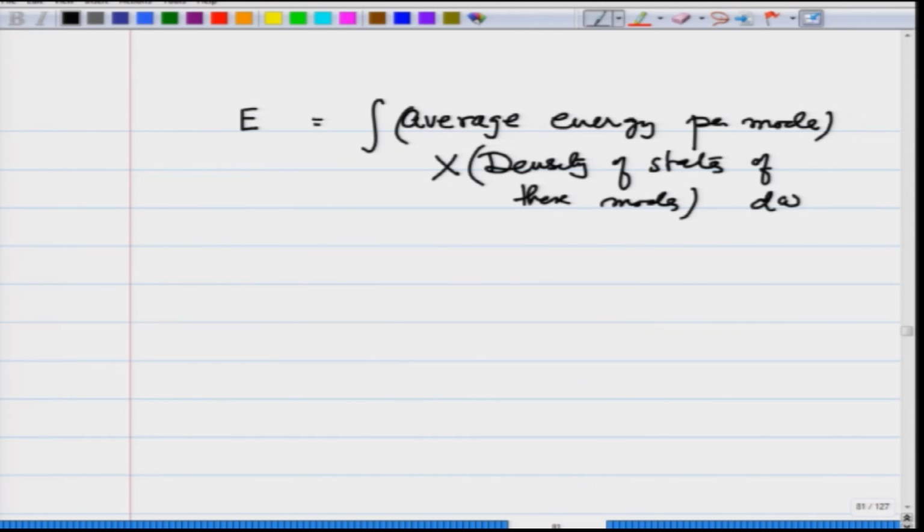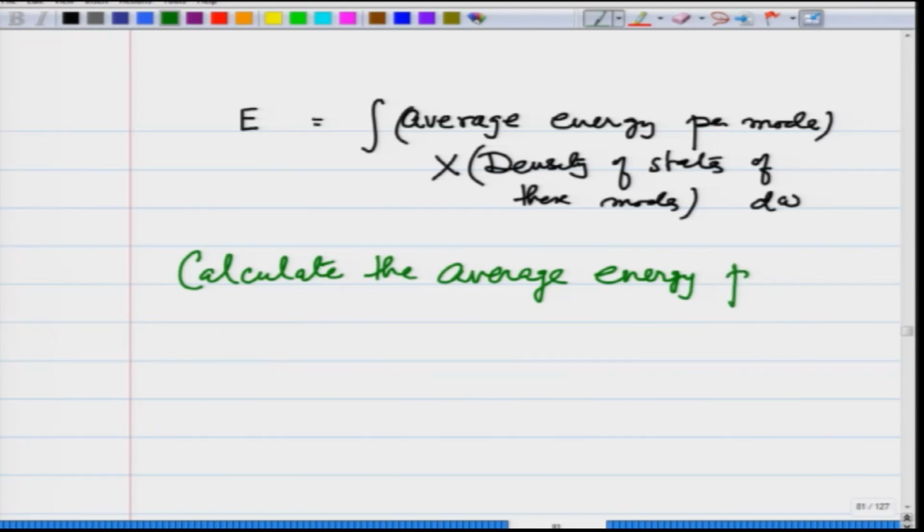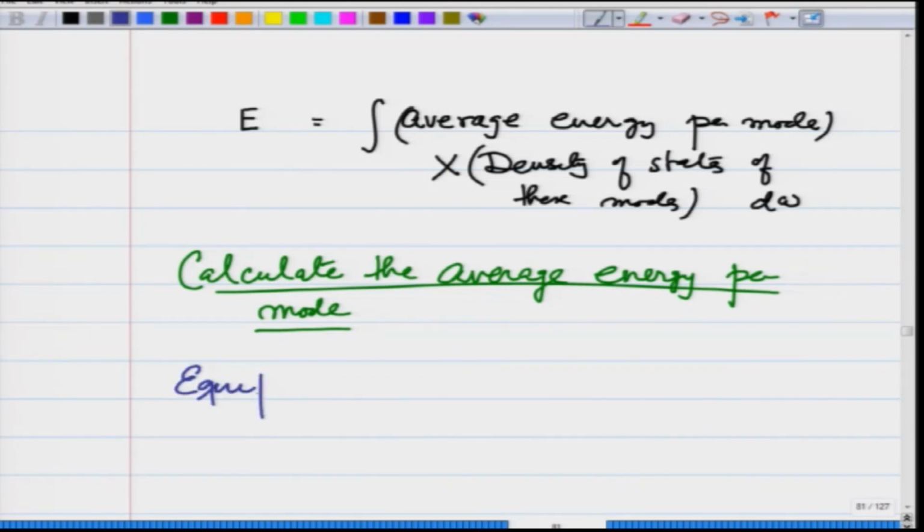What I want to do in this lecture is calculate the average energy per mode. You may ask, what is the big deal about it? After all, if I do the equipartition theorem, it tells me that per degree of freedom or per mode, the energy